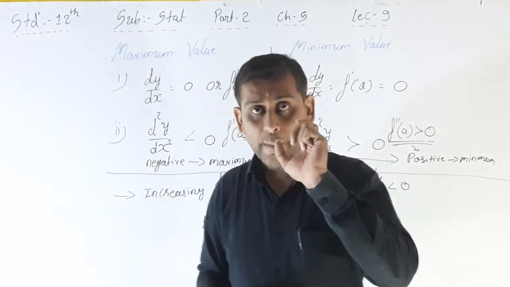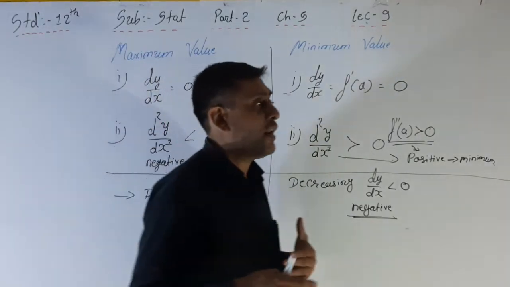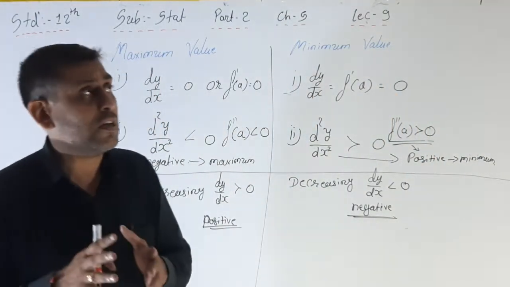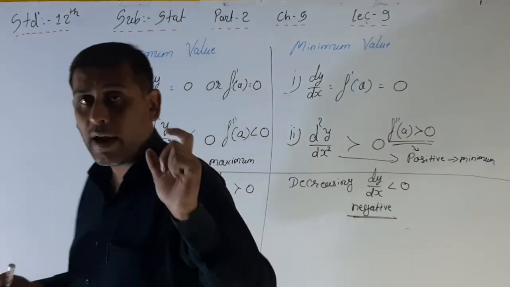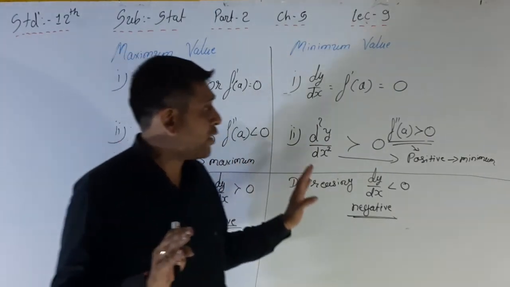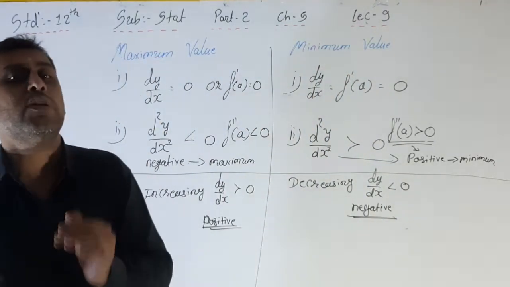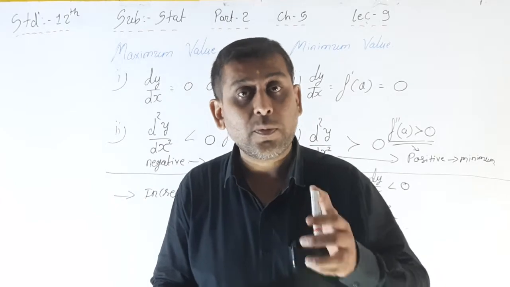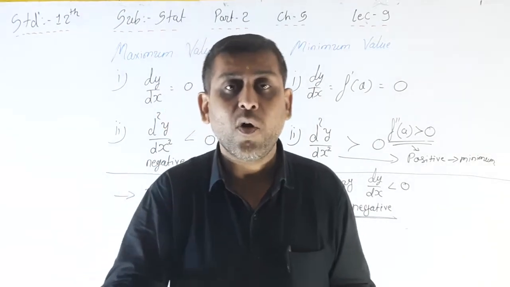Okay, so here I am explaining to you. Please see, this is somehow difficult to explain as well as somehow difficult to understand. So please read this again and again and see this portion of the video again and again, and I hope you have already understood that particular thing. But if not, then please don't worry about that. We will do the practical sum at that time. I will again explain to you the stationary point: what the stationary point is, and how we find the maximum and minimum values.